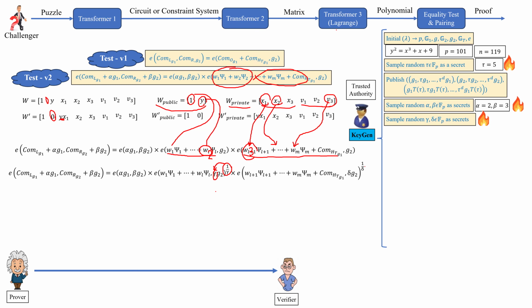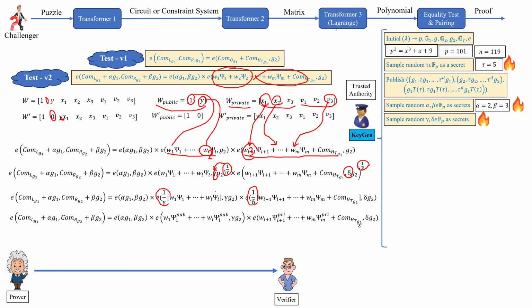That's the reason we can add gamma here, and also add a delta here and 1 over delta to remove the effect of the added delta. Then you bring 1 over delta here, 1 over gamma here, and 1 over gamma, 1 over delta here, and